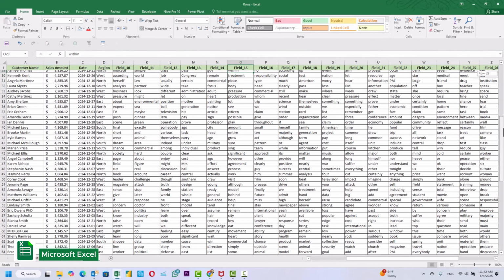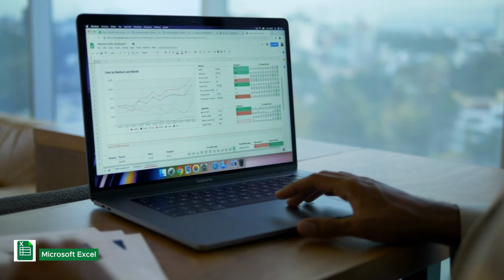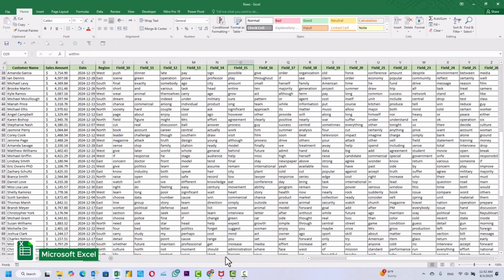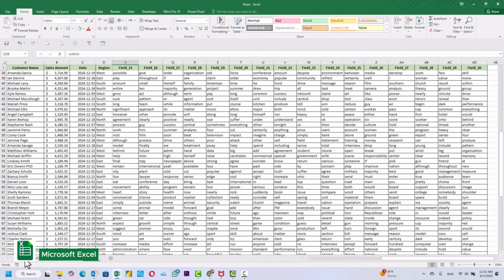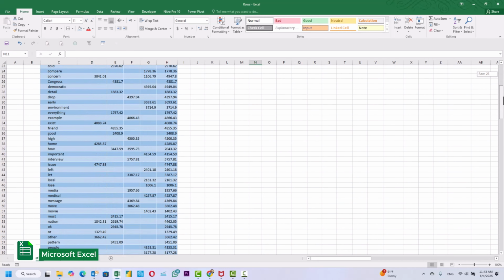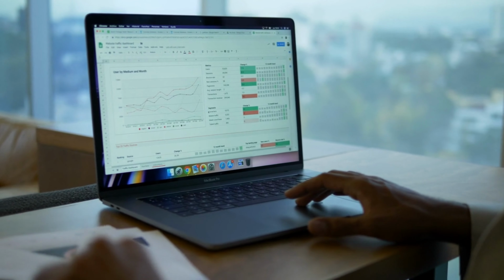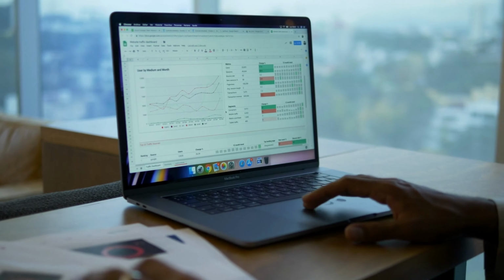Ever wondered how professionals summarize thousands of rows in seconds? That's the magic of Excel pivot tables. Stick around, I will show you how to slice, dice, and analyze your data effortlessly, even if you are a